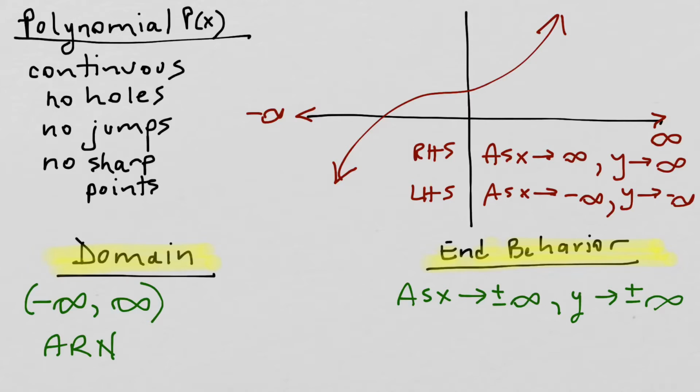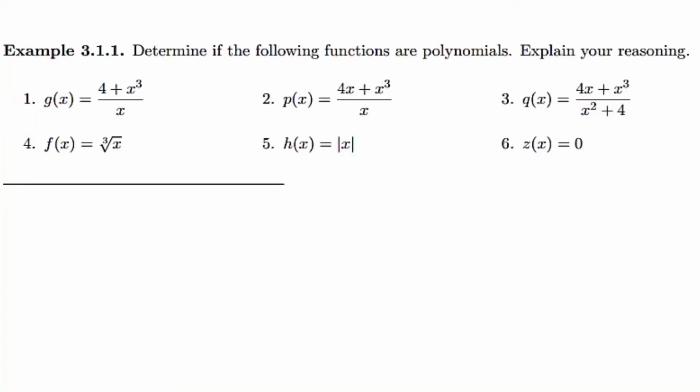So we've talked about domain, all real numbers, and we've talked about end behavior being any combination of positive and negative infinity for either your left or your right end behavior. Okay, so the first skill here is let's decide whether each of these examples given to us is indeed a